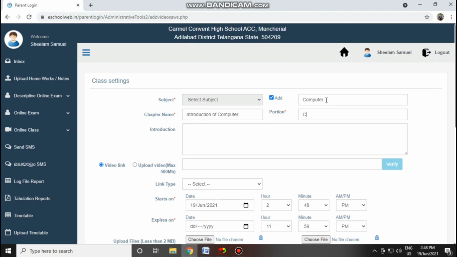Here I am entering introduction of computer, that is chapter 1, and you can give the description about the class. So I am just mentioning the points: introduction of computer number 1, generations of computers number 2, and the third one, types of computers.